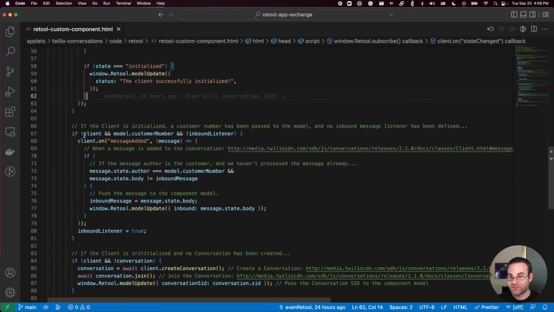Next, we're going to check to see, and again, this is evaluating each time the model updates, has a customer number been passed in from the form where we collected it? And so the way we'll figure that out is, hey, is a client defined? And is there a customer number on the Retool model? And finally, is there an inbound listener for messages coming in from that connection? And if there is not, then what we're going to do is set up an event handler for on client add. If a message is added